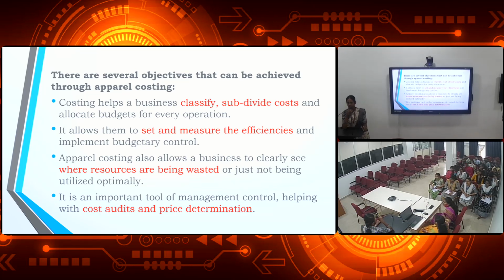If we analyze clearly, we are able to identify what is lagging, what are all the extra or unwanted steps we are doing, and what are all the unwanted costs involved in producing a particular product. By producing a cost sheet, by using the apparel costing method, we can identify what is lagging, what the wastage is, and we can calculate that. By eliminating those wastages, we can earn profit.